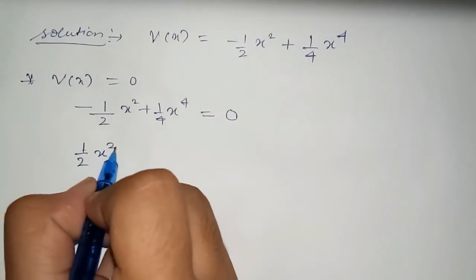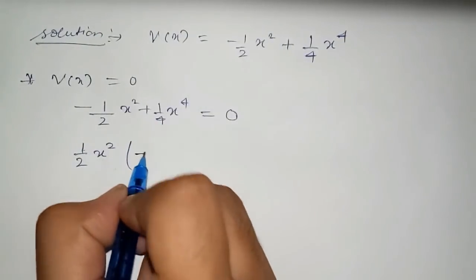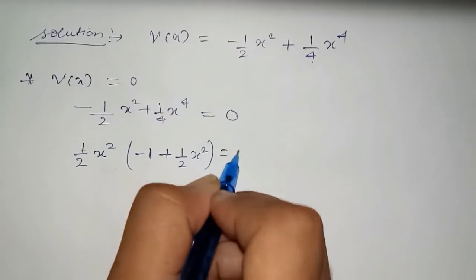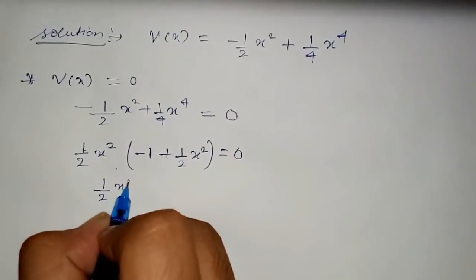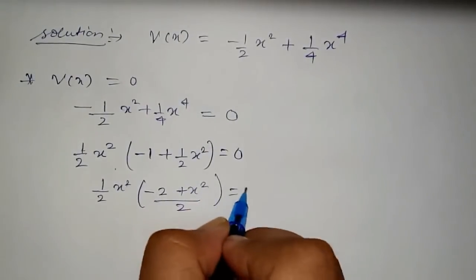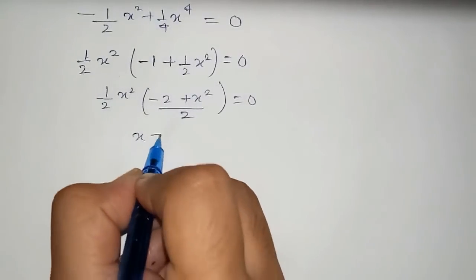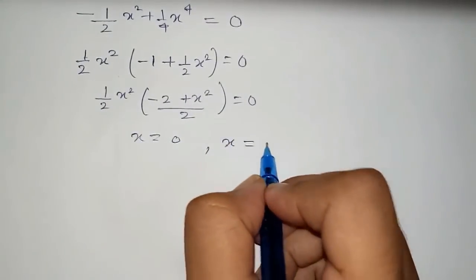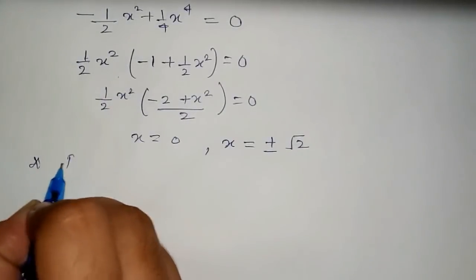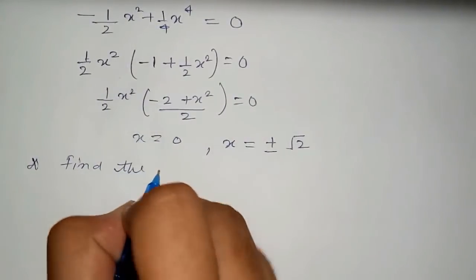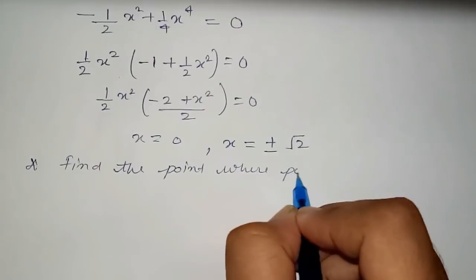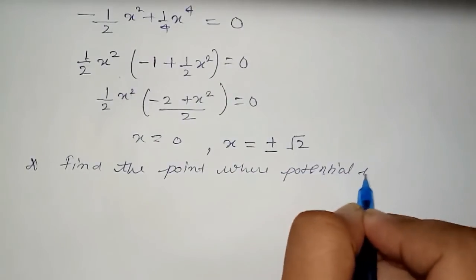Taking x square common from the equation, in the bracket we get minus 1 half plus x square upon 4 equal to 0. That is, x square times minus 2 plus x square upon 4 equal to 0. The value of x is 0 and plus minus root 2. And to find the point where potential is extremum,